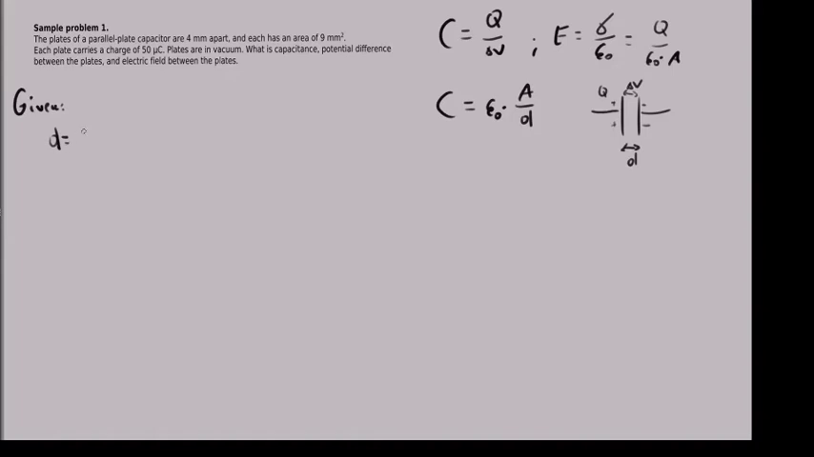Okay, so distance D is 4 millimeters. That means 4 times 10 to the negative third of a meter. Each area is 9 millimeters squared, so A equals the area of each plate, so A equals 9 millimeters squared. I have to convert this to meters, so let's do it now. So what I have is 9, and then here's a millimeter times a millimeter, because this is millimeters squared, and that amounts to 9 times